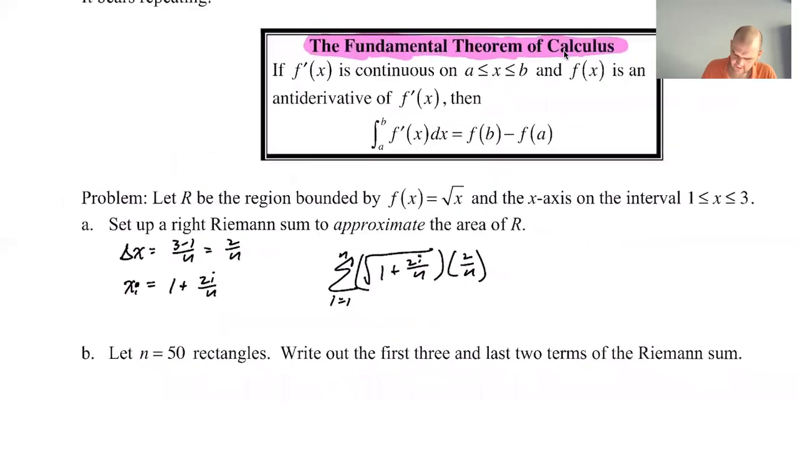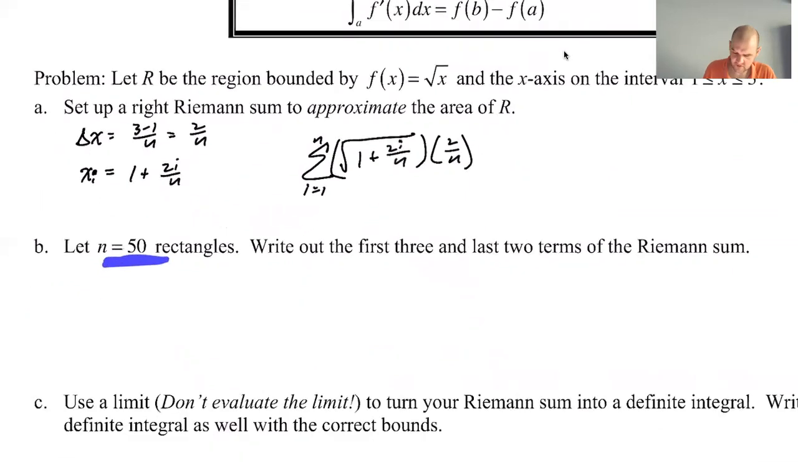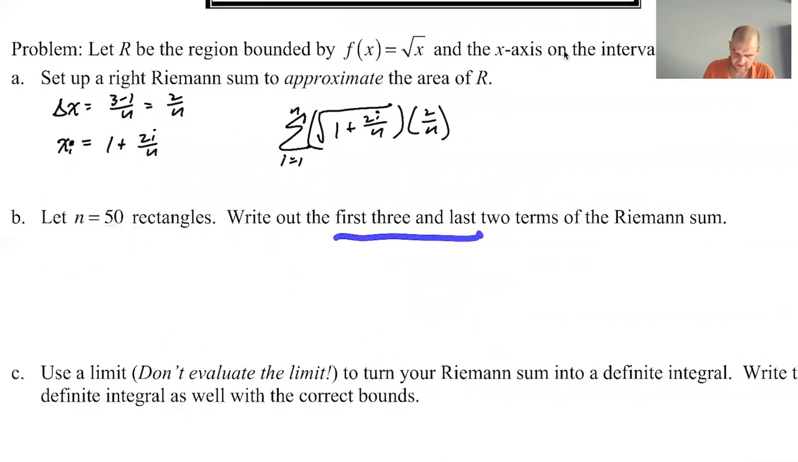That's a weird thing. We don't know any formulas for that. So what would we do? There's kind of nothing to do. So what you do at that point is you just pick values of n. So if n equals 50, we're going to write out the first 3 and the last 2 terms